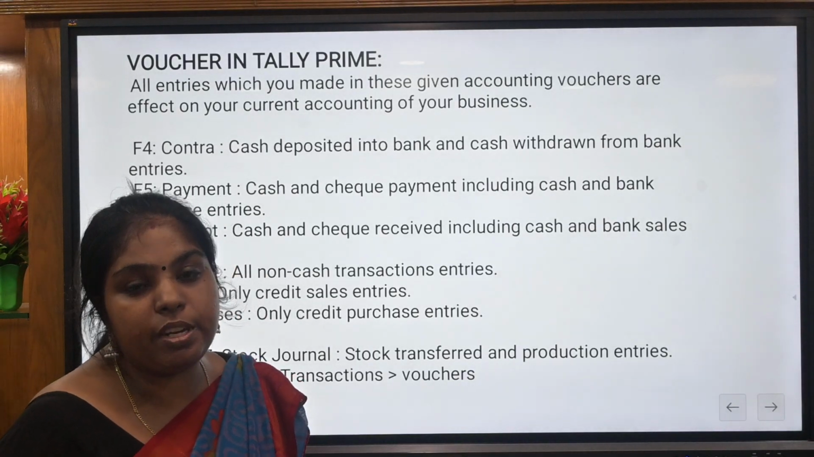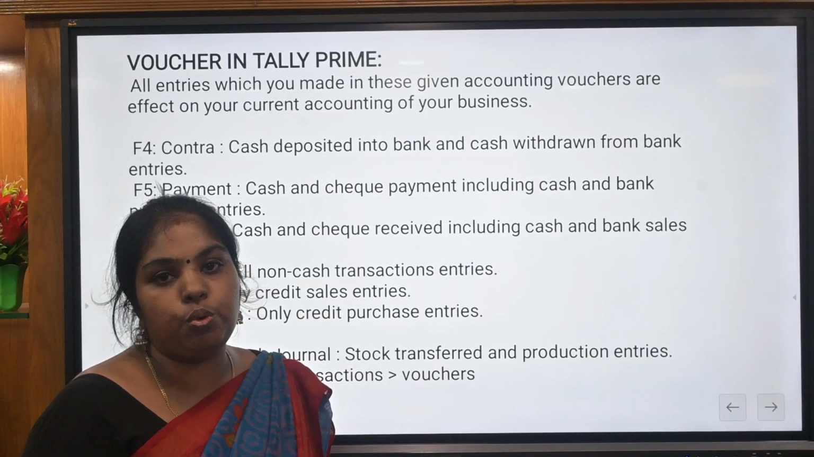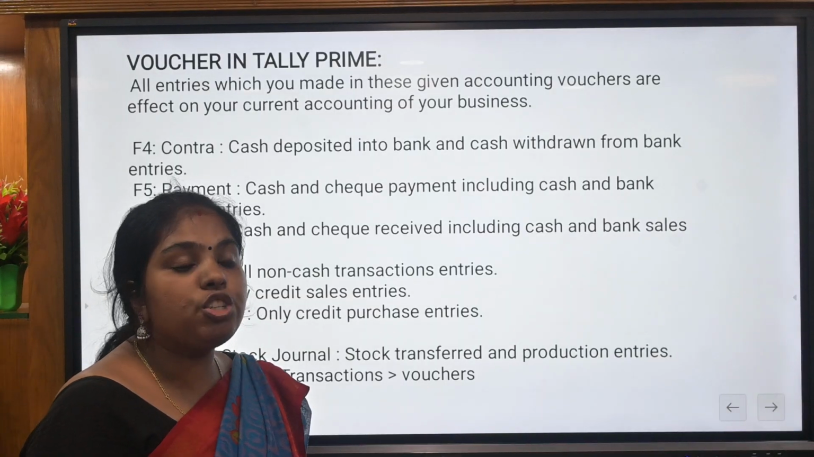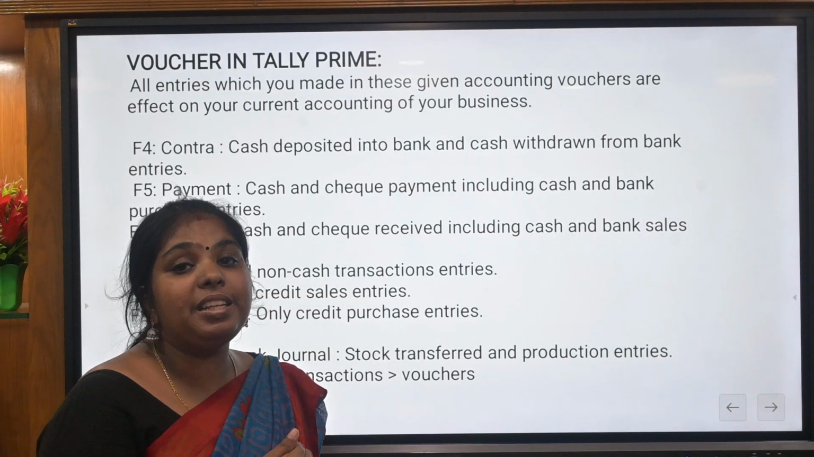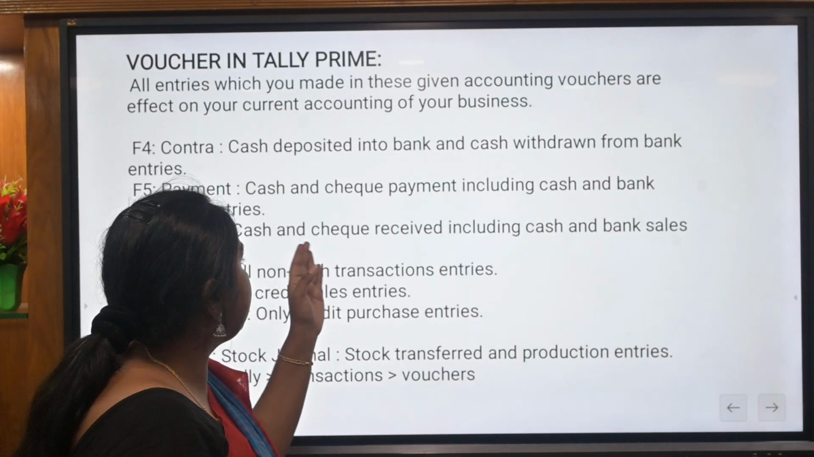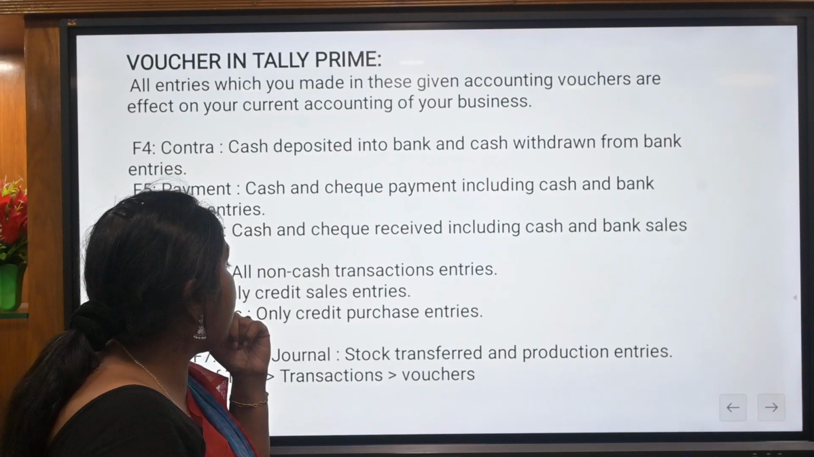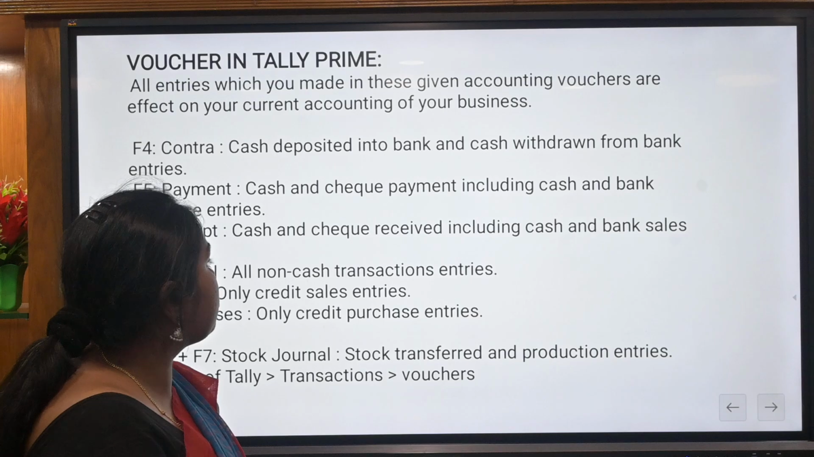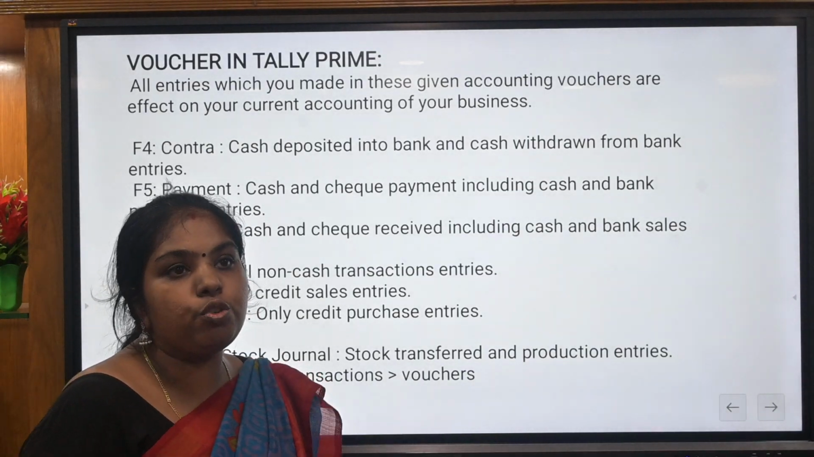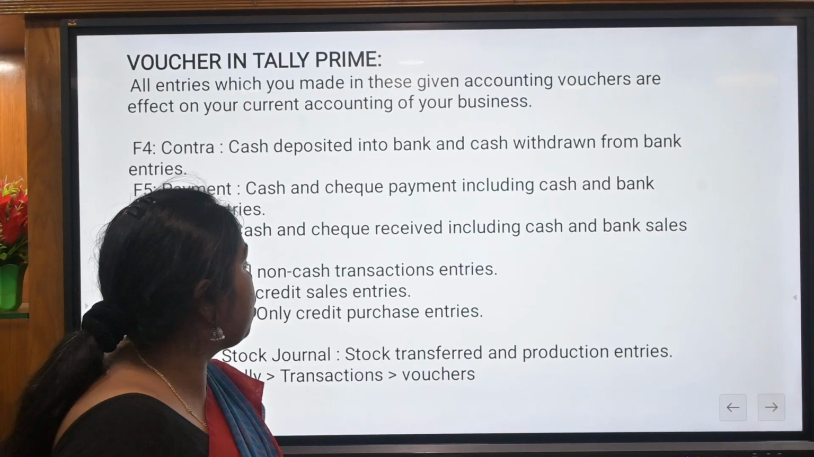Then payment voucher. When we are making payments to others through cash or checks, then it comes to payment. Then receipt. Cash and check received. When the amount has been received by the company, then it comes to receipt. That is receipt, cash and check received, including cash and bank sales. Then comes F7 journal. All non-cash transaction entries belong to the F7 journal. All non-cash transactions, where there is no cash in debit or credit, belong to the voucher called